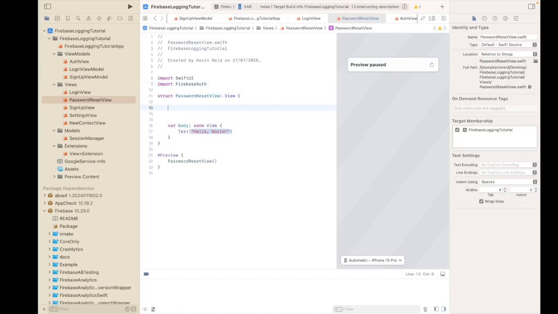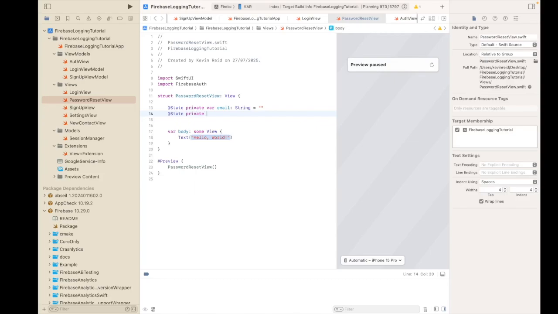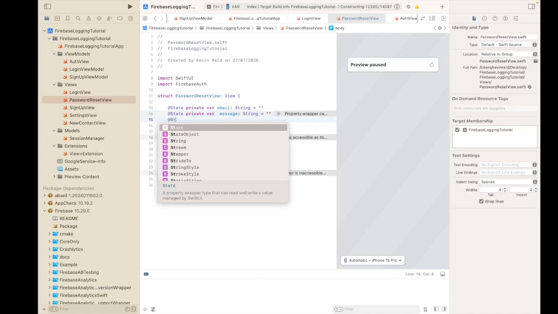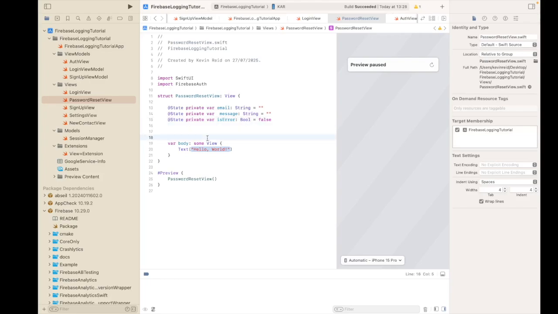We also need to apply a few @State variables. We need an @State variable for email, an @State variable for message, also an @State variable to detect if any error has happened, which will be a Boolean data type. And then on line 18, we need to add a VStack,